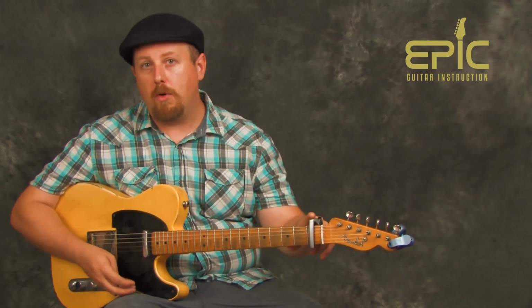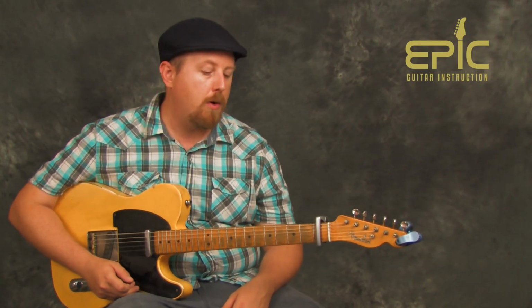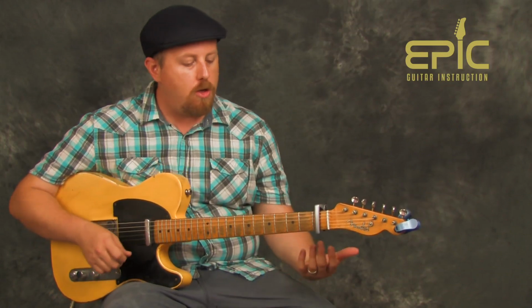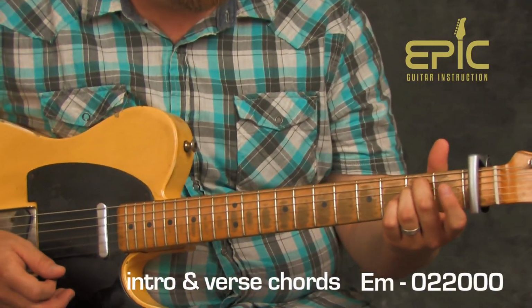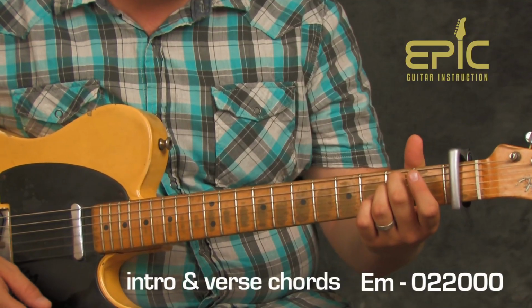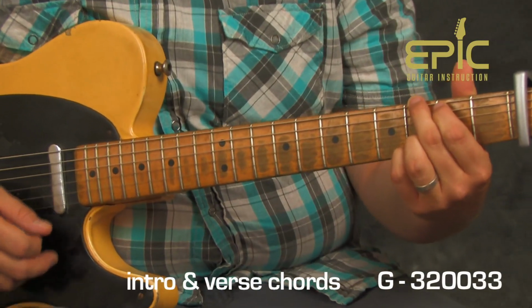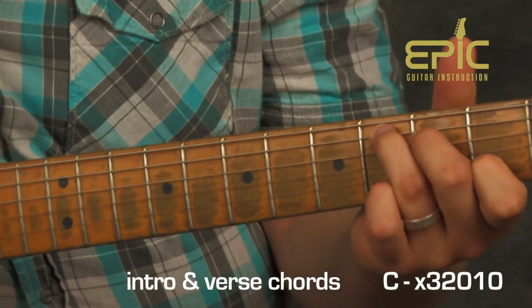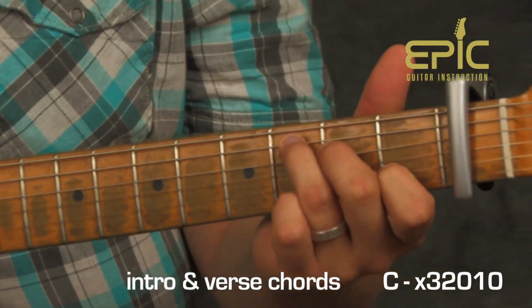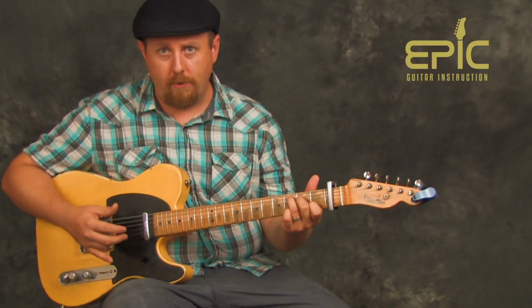As we can see, we're capoed here at the first fret. And we'll refer to all of our chord names as if we were in the open position. So jumping right into the song, we're dealing with an E minor chord, a G chord, a D chord, and a C chord. So this is our intro and verse chords, and I'm going to give you a couple of different options on